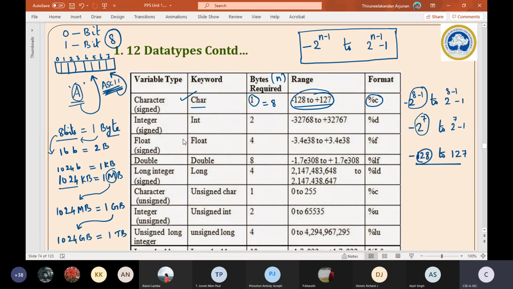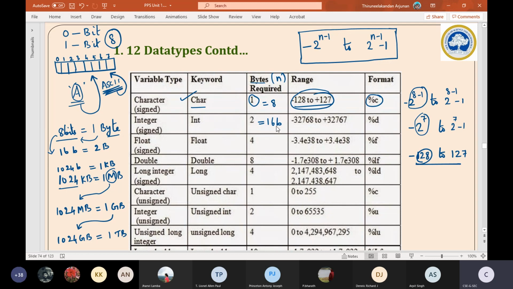Now similarly, whenever we declare a variable of type integer, a round number will get stored, and for that round number it occupies 2 bytes, which means 16 bits. I am talking about bits only because n denotes the number of bits.